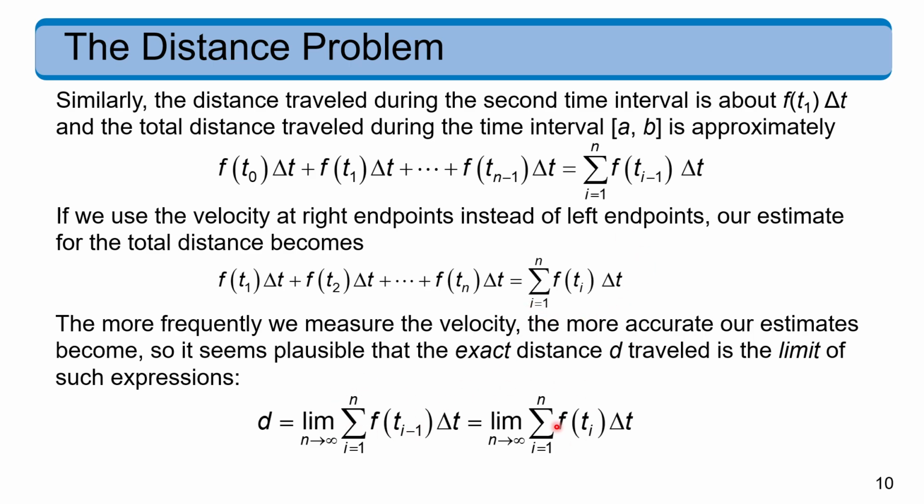Those are both here. But then we put a limit in front of it. And once we take the limit of that as the number of velocity measurements goes to infinity, it's no longer an estimate. It is now the exact distance. So the limit is what takes us from just having an approximation to now knowing the exact distance traveled over